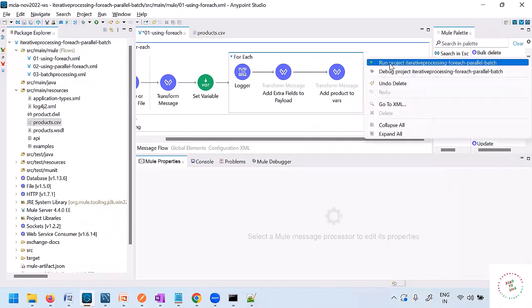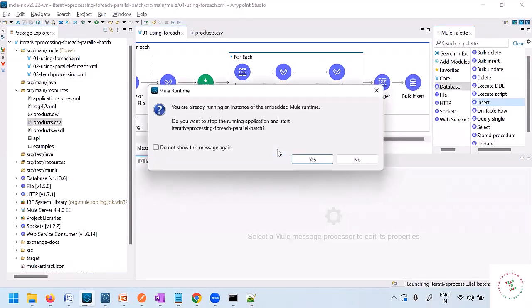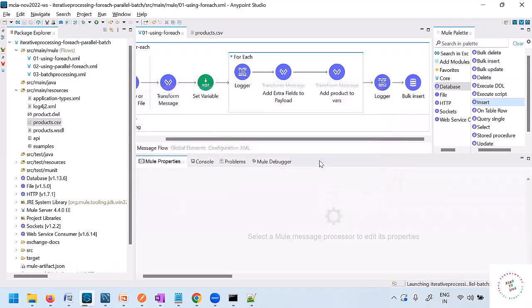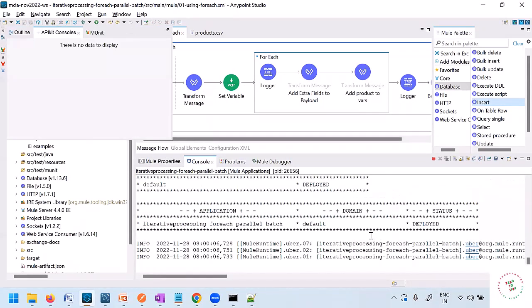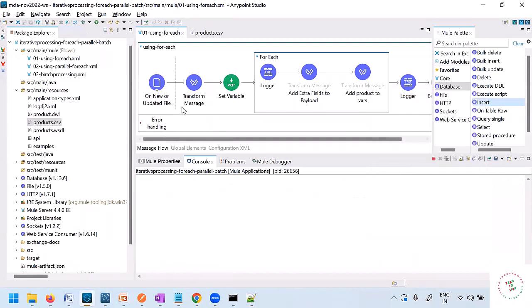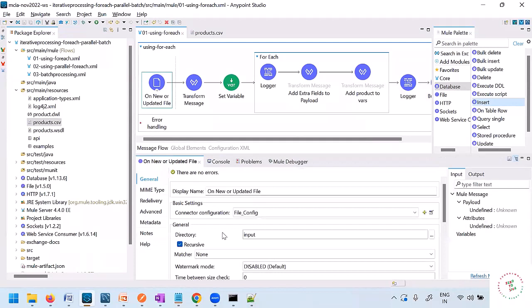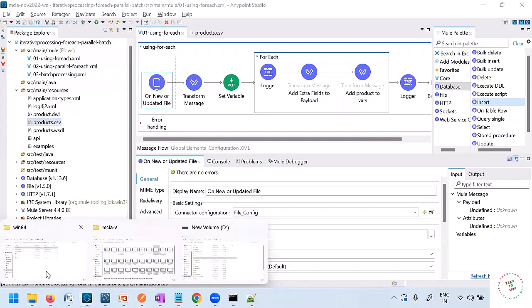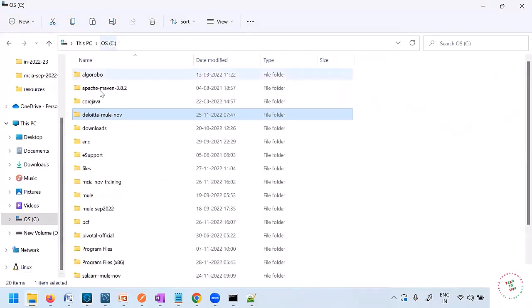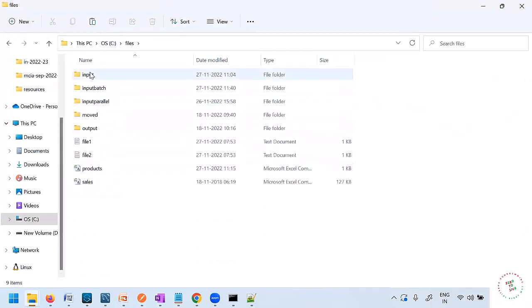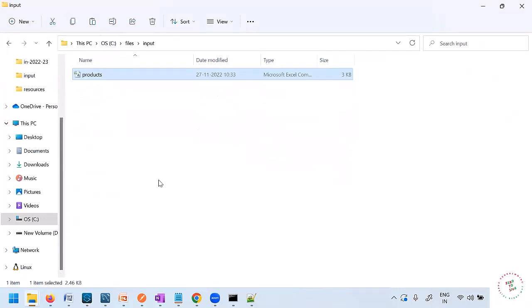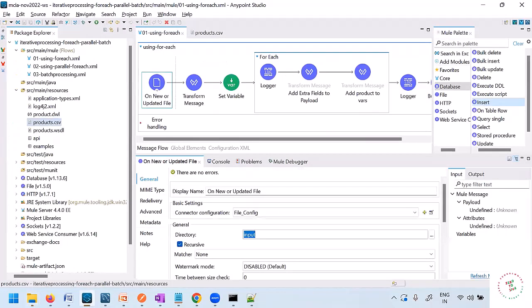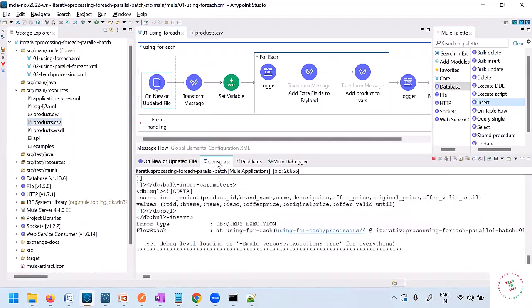So let me just run this application. Okay, deployed. Now, this on new component is polling for files in the input directory. I will copy this products.csv and paste it inside C drive files input. So it will be automatically picked up and see, oh,